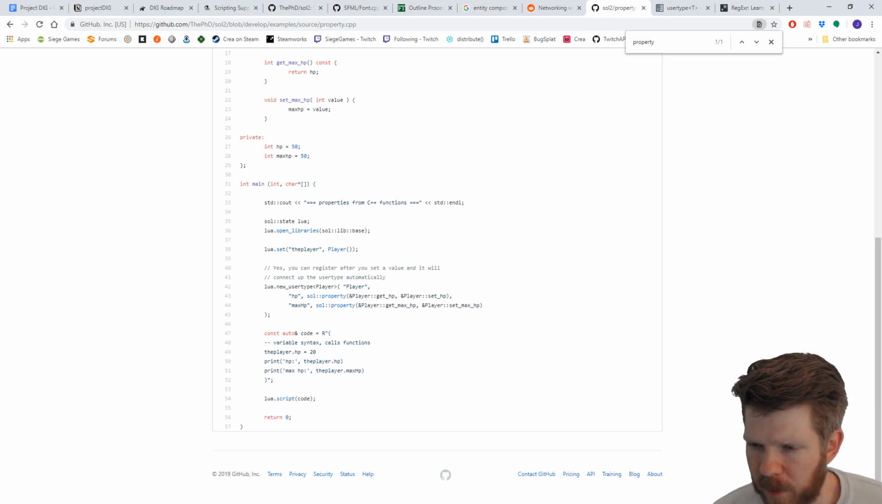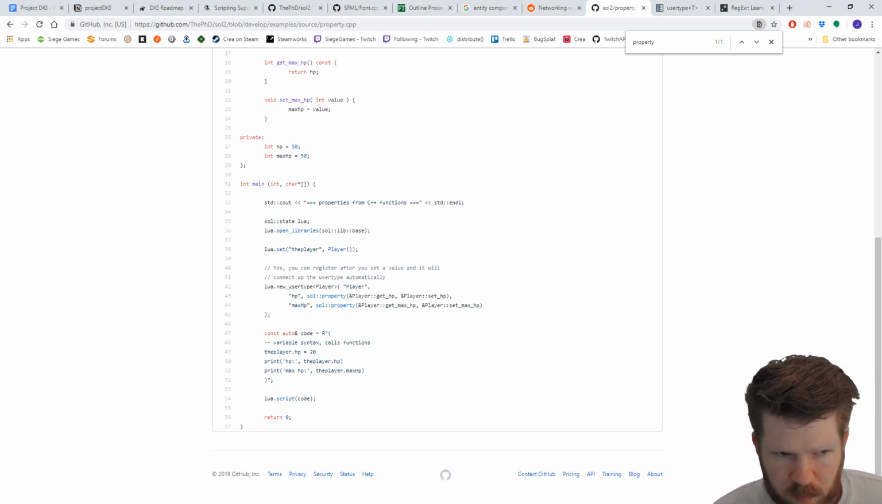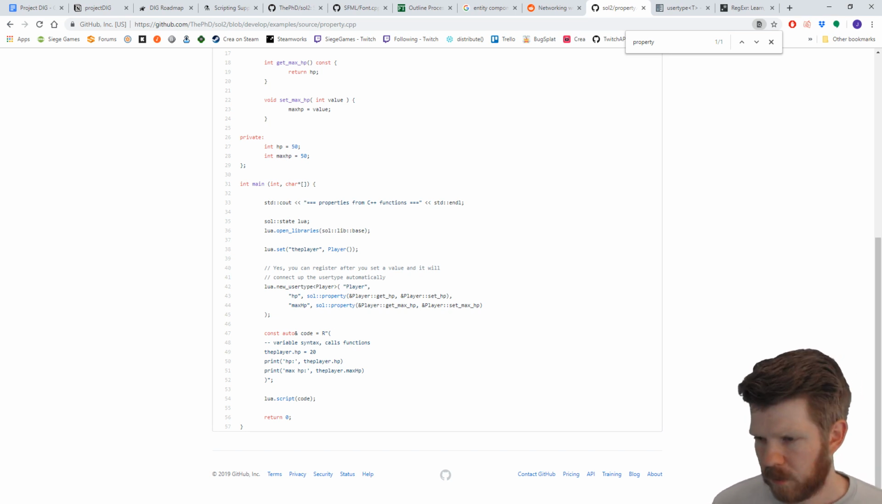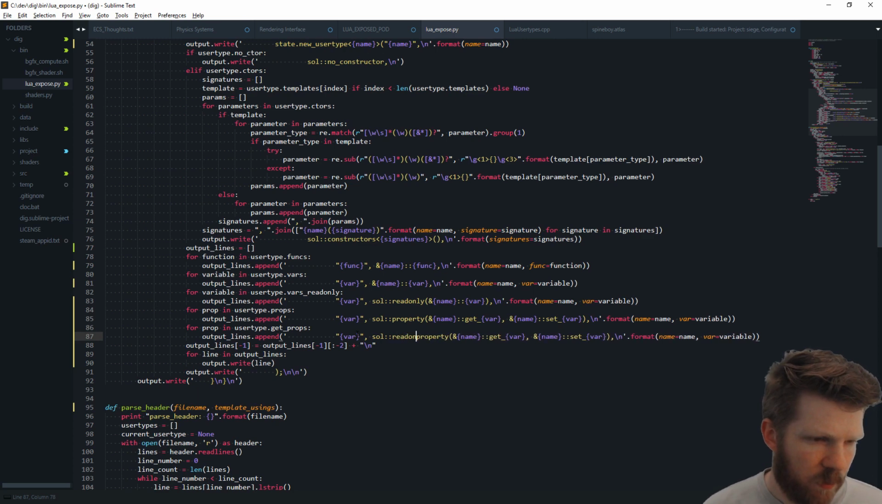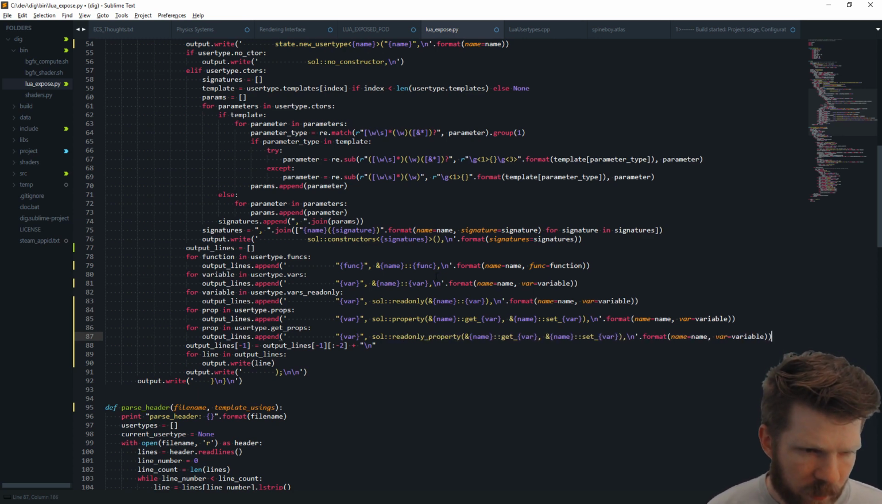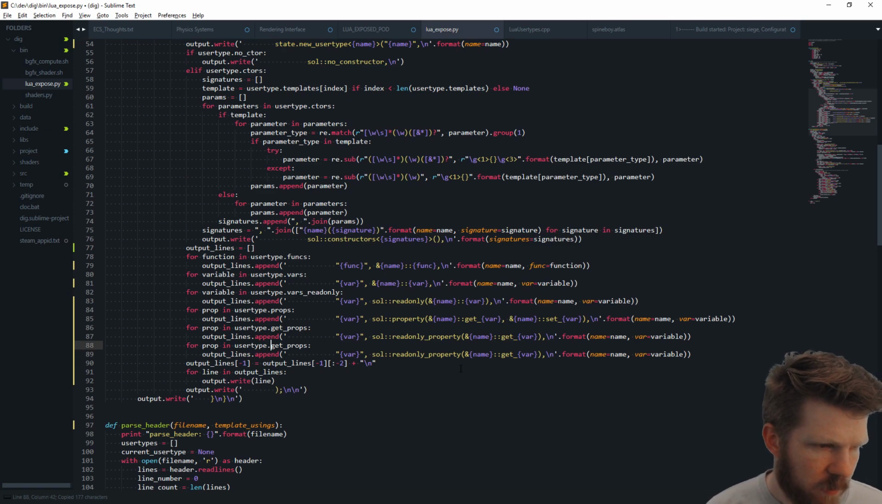Should I do maybe? Nah, I think this is okay as is. I was thinking about changing it so it was property read only and property write only, but I think the get and set is fine. So we have get props. So that's going to be a read only property, and we only have that. And then the set